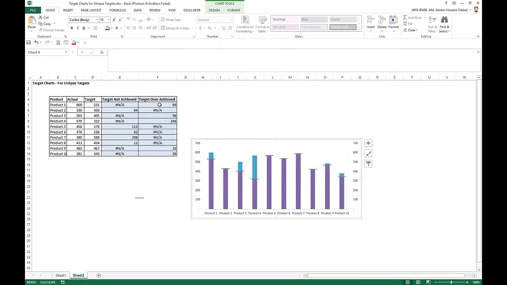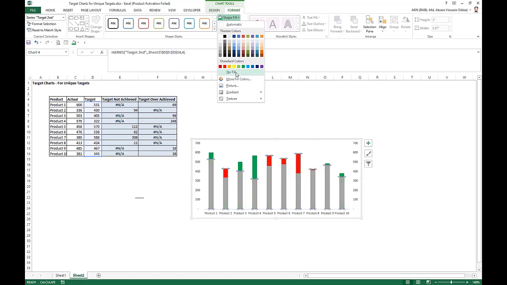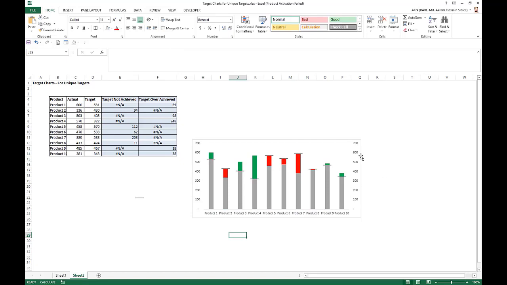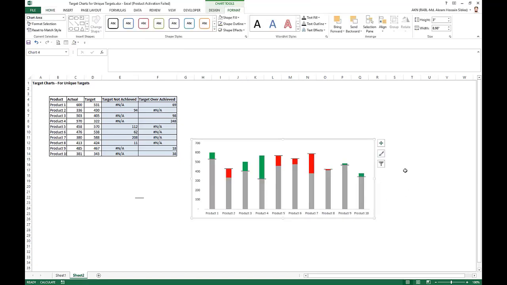Now this is the overachieved value, so it should be green. We select green, and we select this target as no fill, because we already have the actual data in the primary axis. We just remove this axis and add the value data in the series.